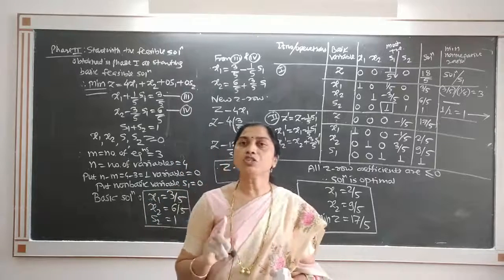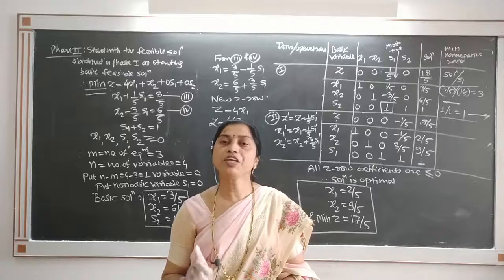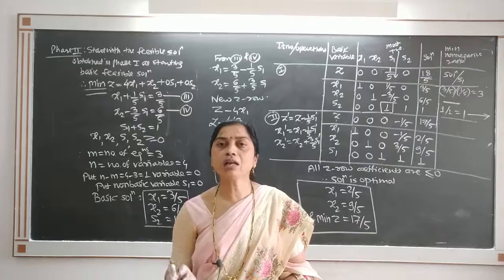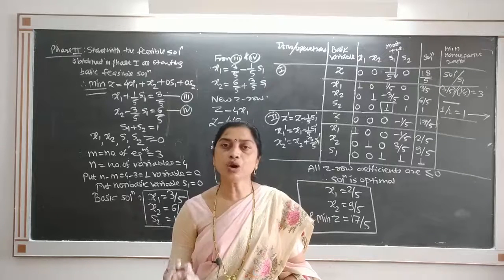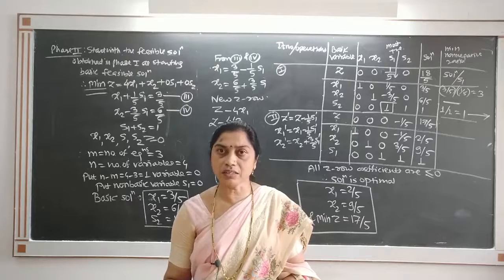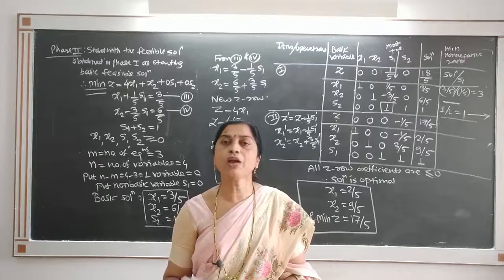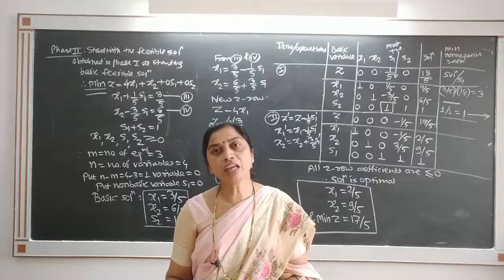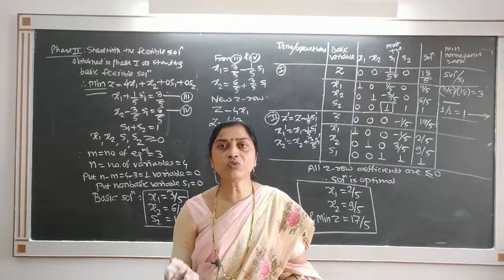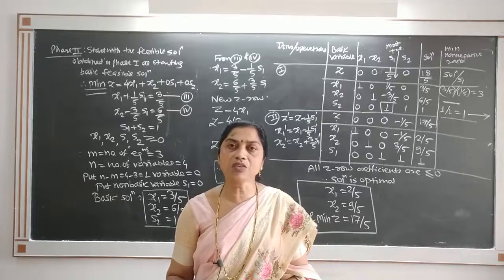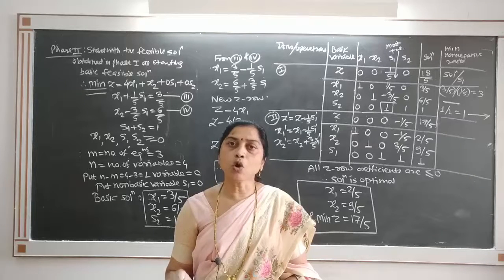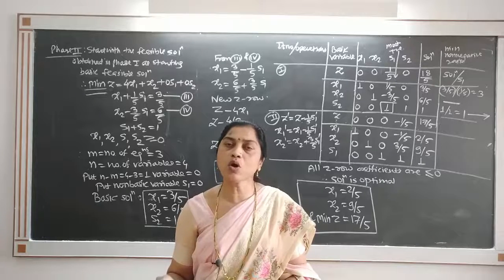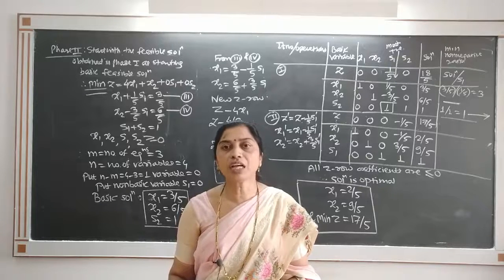Observe that we solved the problem in two phases. Phase 1 is the objective function minimum R, where R is the sum of artificial variables. We solve the problem by the Big M method as it is. If minimum R is also 0 and all artificial variables also leave the solution, we proceed to phase 2. And then phase 2 is the original objective function as it is, but now we start with the feasible solution obtained in phase 1 as the starting basic feasible solution, and then solve as usual by the simplex method. We get our last solution.